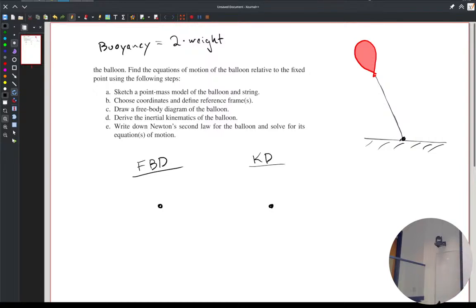No, but I think we can kind of figure it out. I don't know if we'll need to. I think buoyancy is just 2m, and we just use that for our equations. That could be part of it. So when we get an equation,